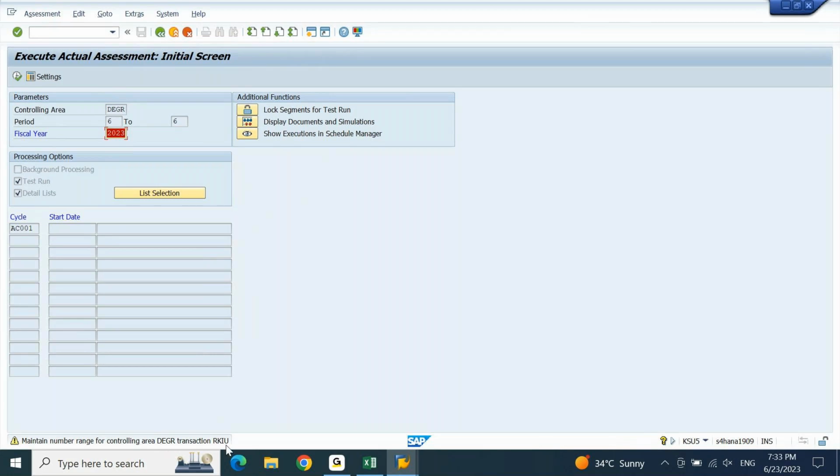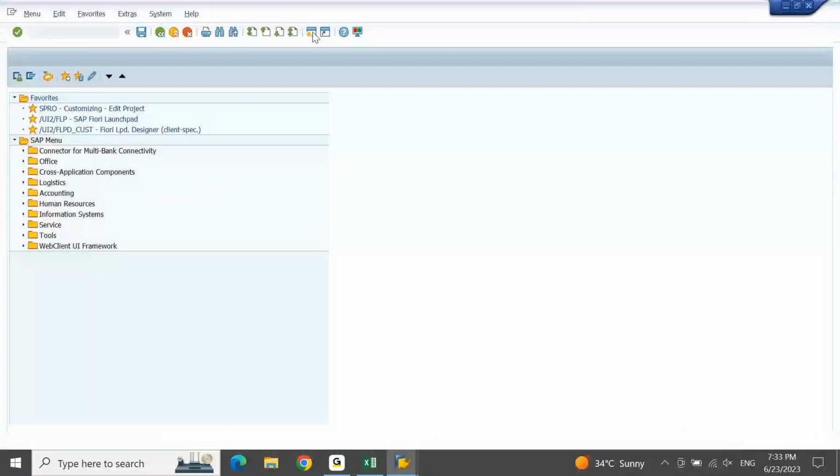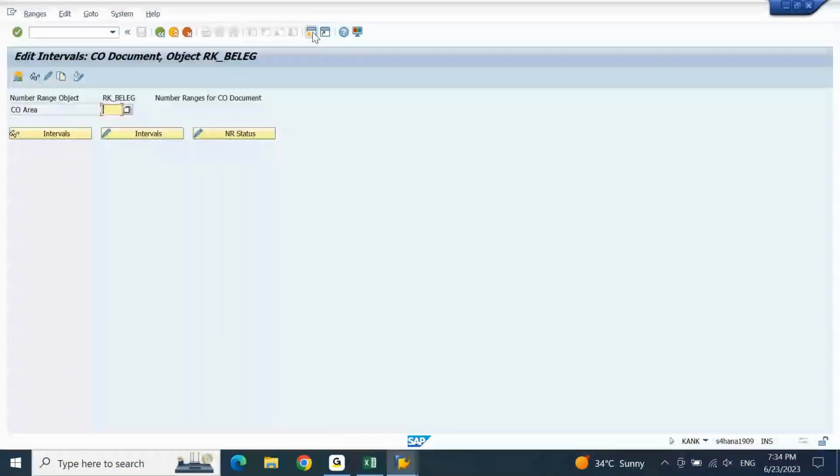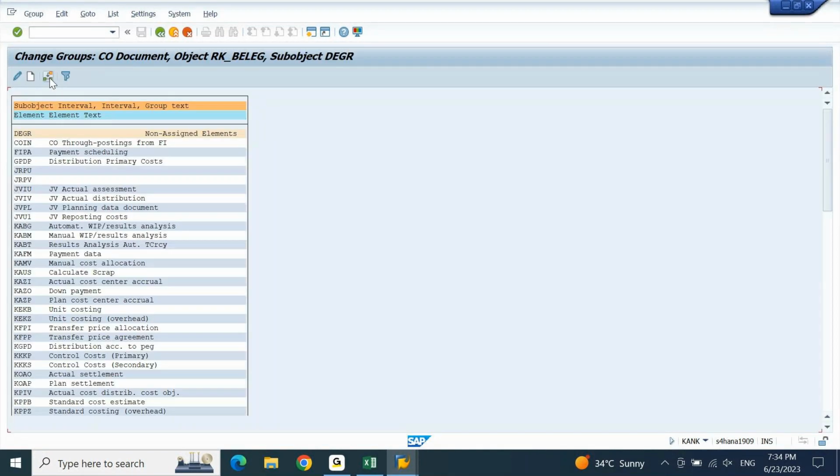For maintaining this RKIU, what we did yesterday, where did we go for the assignment of number ranges? We went into KA-NK transaction code. Same thing here also, let's open KA-NK transaction in the new screen. On your KA-NK screen, input your controlling area, click on change groups. Here the error message that we are getting is